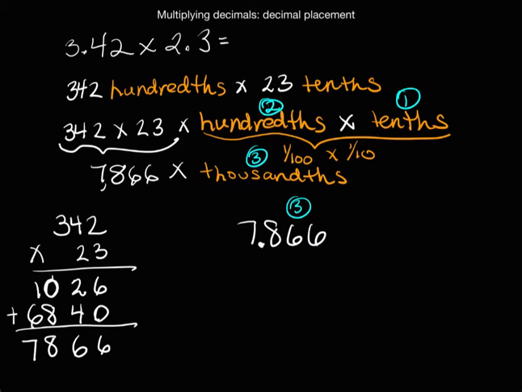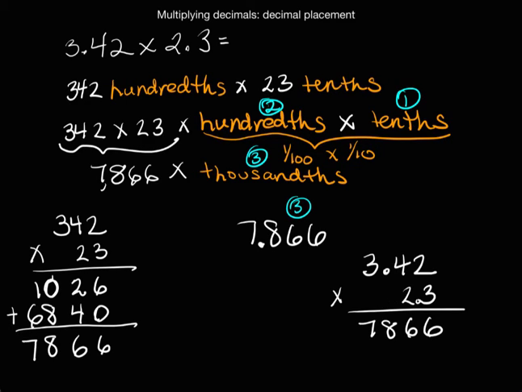Let's go back to our original problem with the decimals present. Even when I write a decimal problem to multiply it, I always like to write it vertically. But when I'm writing it vertically, I am not going to line up the decimals as I would in addition or subtraction. I'm going to write it almost as if I don't have decimals in there, even though I do. So now we have 3 and 42 hundredths times 2 and 3 tenths, and we already know when we multiply that out, we had